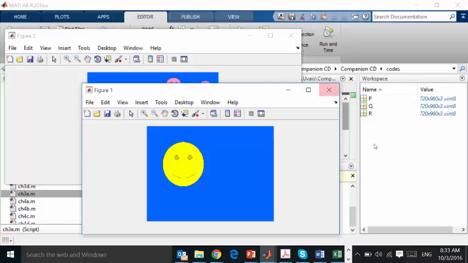As I can see from here in the workspace, I have information about the sizes of these images. Each one of these images has the size of 720 by 160, number of rows and columns. So these two images can be added together. These are multi-layer RGB images, so each value in its corresponding layer will be added to its corresponding element in the other image in the corresponding layer. Okay? So here, if we go back to the code,